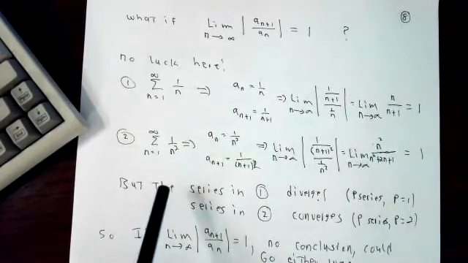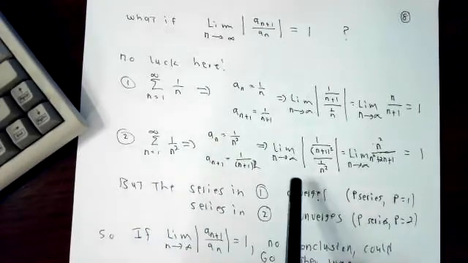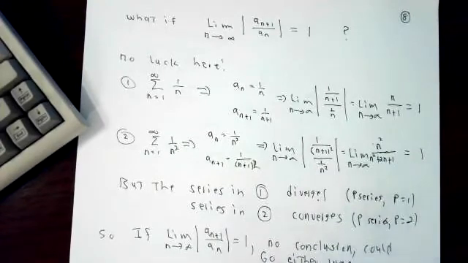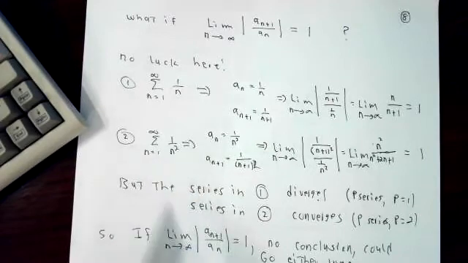On the other hand, think of the sum n equal 1 to infinity, 1 over n squared. Calculate the appropriate limit. It comes up also equal to 1. But see, this is bad news. The series in the first calculation diverges. It's a p-series with p equal 1. Or thinking back to our original discussion of series, it's the harmonic series, which we proved kind of by hand diverges. On the other hand, this is a p-series with p equal 2, and we know that series like that